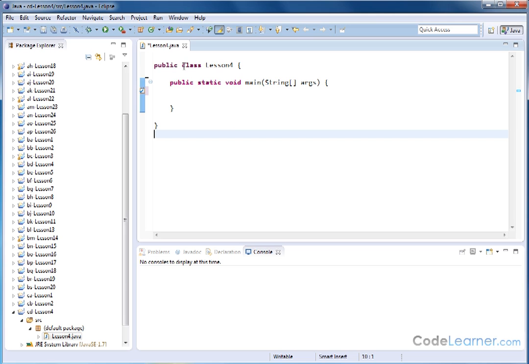So in order to create a class, notice that this is the blank template when we create any new program in Java here in the Eclipse editor. Where it says public class lesson 4 up here, this is the name of my program, lesson4.java. Inside of it is the main method, and you all know that execution comes into the main method, and that's how we've been doing all of our programs so